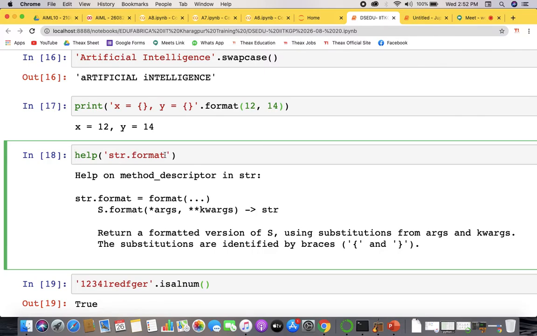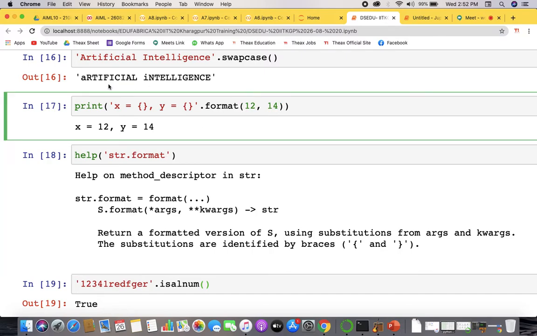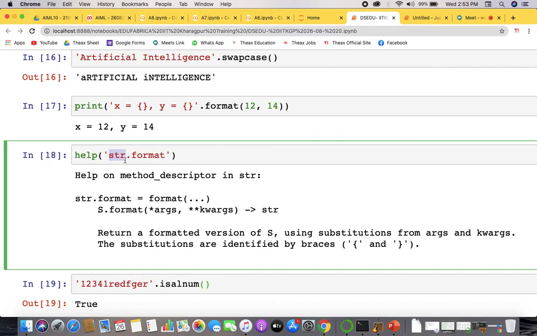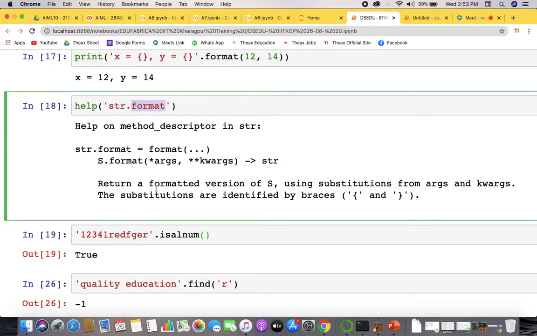If you have any doubt regarding any of the data types or any modules or any functions, like we are using this format function, and I want to see what this format actually is. This format is a function of the string. So we will first write the data type, that is str, and in that we want to find the format description, or you can say format introduction, and then you just run this and it will give you the help for format.